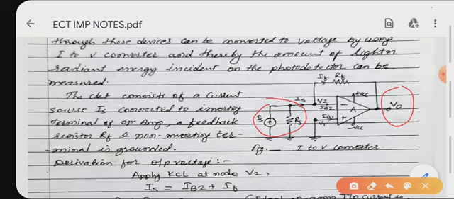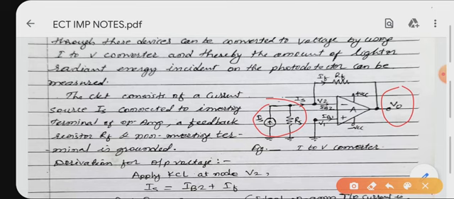Okay. In many applications, the output of many sensors or transducers is in the form of current, like photodiodes, photovoltaic cells, photo sensors, and to display the reading of these devices on a display, it should be converted into voltage form. Therefore the output of such a transducer is converted into voltage form by using I to V converters. Okay. So you should know the formula for the I to V converter, output voltage or gain formula, to solve the problem. So again the procedure is same.